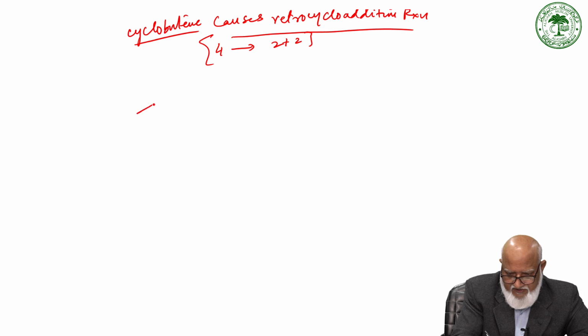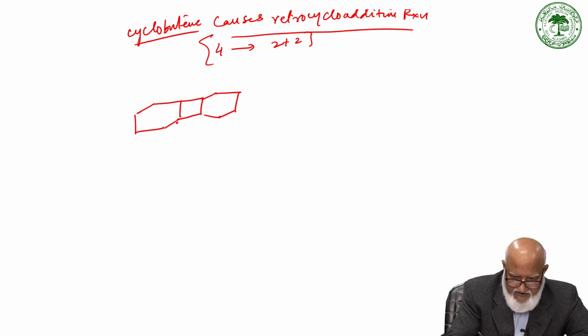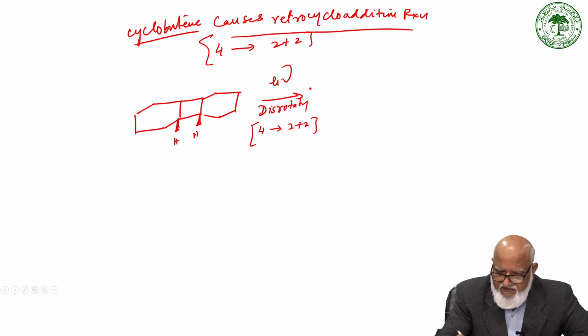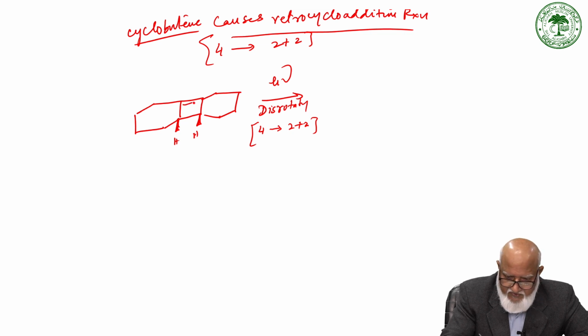One example here is a 6-member ring, a 4-member ring, and another 6-member ring, and we have a cis junction. In the presence of light, h nu, this rotatory, this 4 going to 2 plus 2 system,